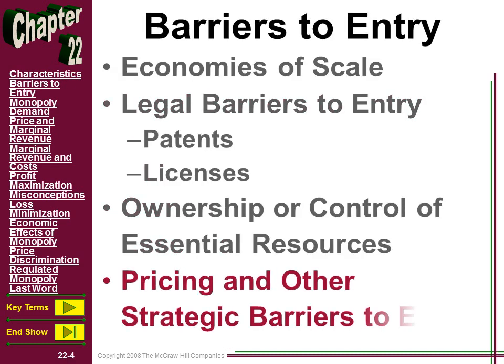Okay, barriers to entry. Think of these as a system where the one firm which dominates the industry, which is producing a product for which there are very few substitutes and is therefore a price maker, can prevent competitors from entering that industry and eroding their monopoly power. The first one, economies of scale. You should remember this from our study of the theory of the firm and cost structure of the firm, especially in the long run. Economies of scale refers to the idea that